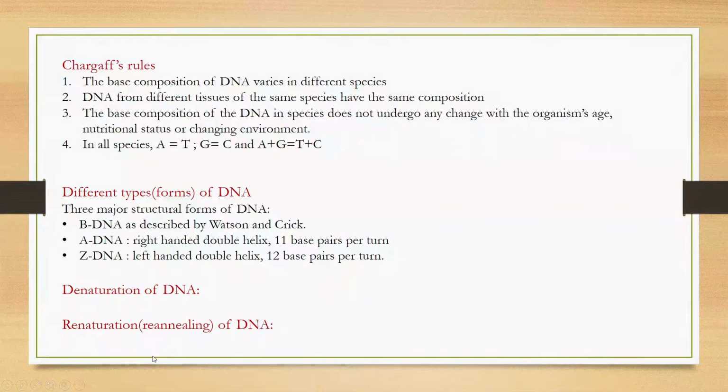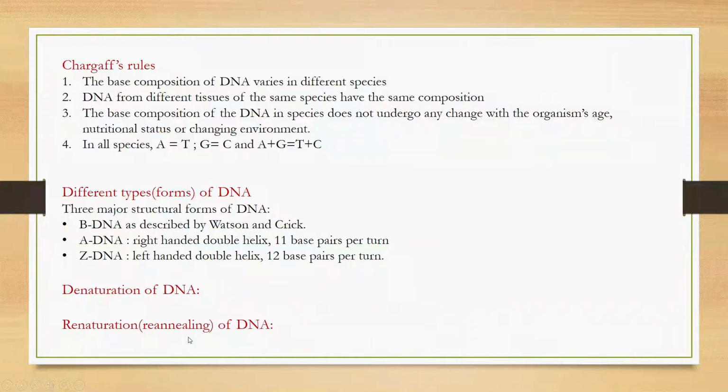Now comes the denaturation of DNA. What is denaturation of DNA? The disruption of the hydrogen bonds due to a change in pH or temperature causes separation of the DNA strands and loss of the double helical form, and this phenomenon is known as denaturation. However, the phosphodiester bonds are not broken, and just the reverse is